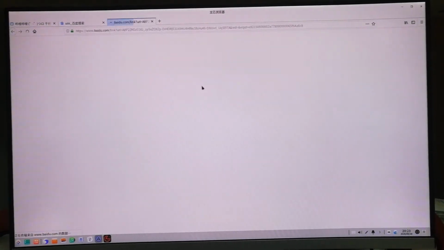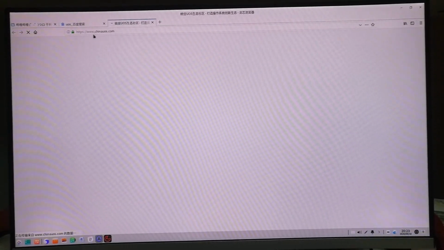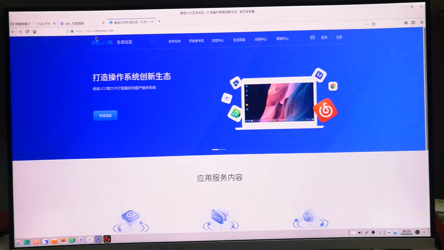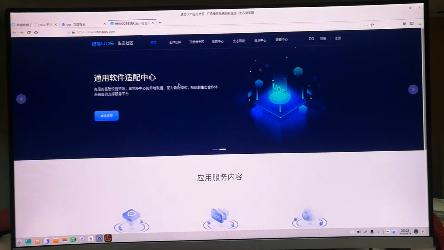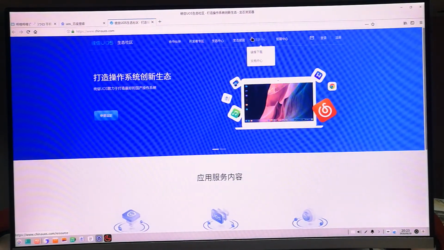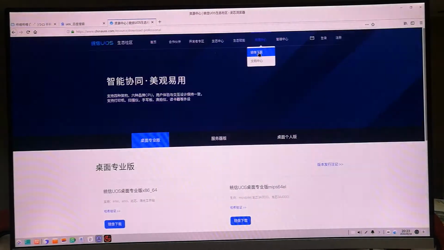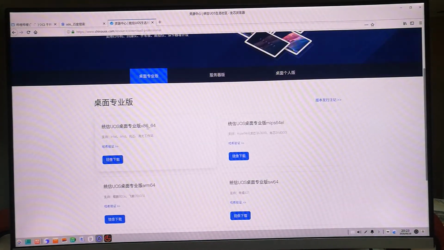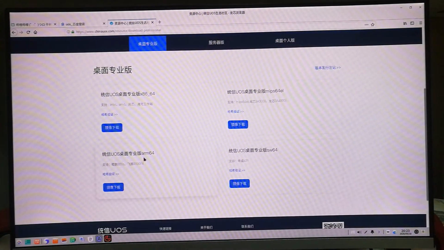Here, China UOS, you'll see more information at www.chinaosuos.com, and you can download the x86 versions and ARM version,